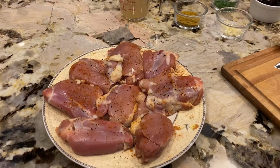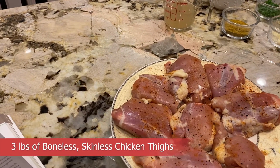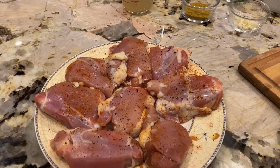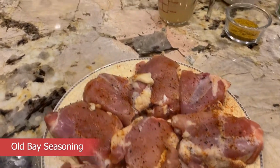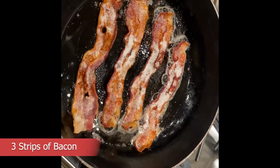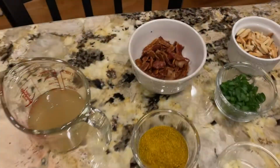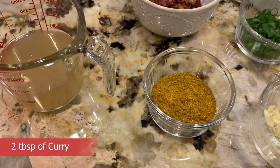So let me bring you down and show you all the ingredients that I have already prepped for you. And let's get going with this. Okay, so our ingredients, it calls for 3 pounds of boneless, skinless chicken thighs. You can salt and pepper to taste. A little bit of the red orange you see on there is Old Bay sauce, which I really like. So I put a little bit of that on there. 3 strips of bacon, which I've already done in the frying pan. Actually, I like bacon, so I did 4. Half a cup of chicken broth. 2 tablespoons of curry,